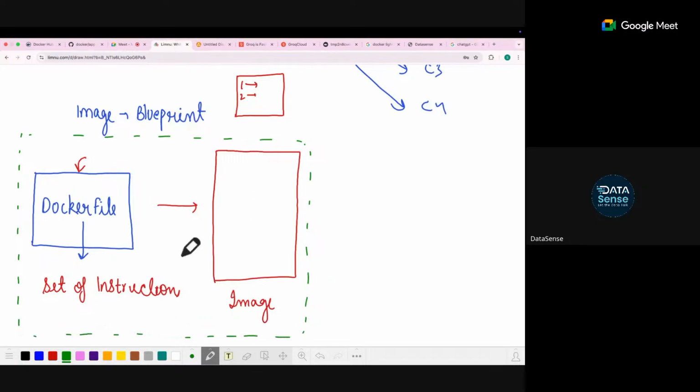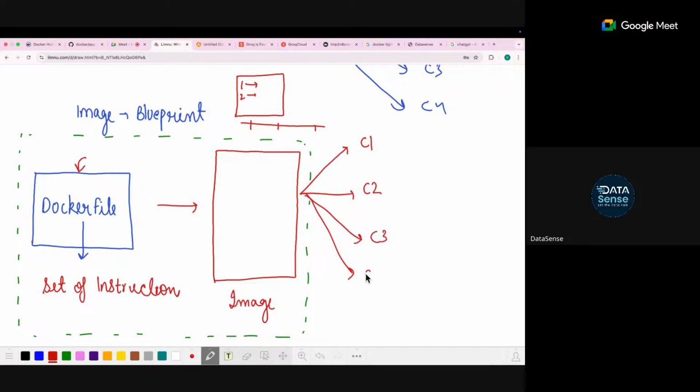Once the image is created, suppose the McDonald's people have brought all the recipes and streamlined everything. They have people at different places who will do these tasks. Everything is sorted. Now they can create as many burgers as they want. Same thing, now you can run as many applications as you want. Right now I'm just running one application, but you can run many. These applications are called containers.